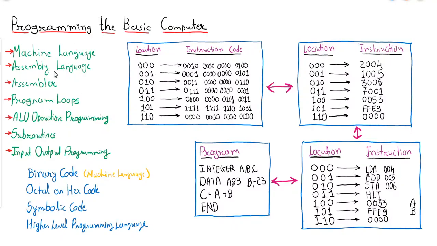If we try to find out the various types of language, then according to the representation, they can be categorized into three categories: lower level, middle level, and higher level. Normally lower level languages are considered binary code or hex code, and then symbolic code is represented as a middle level language, and higher level programming languages like Fortran and C work above the compiler, and then the compiler and interpreter will work.